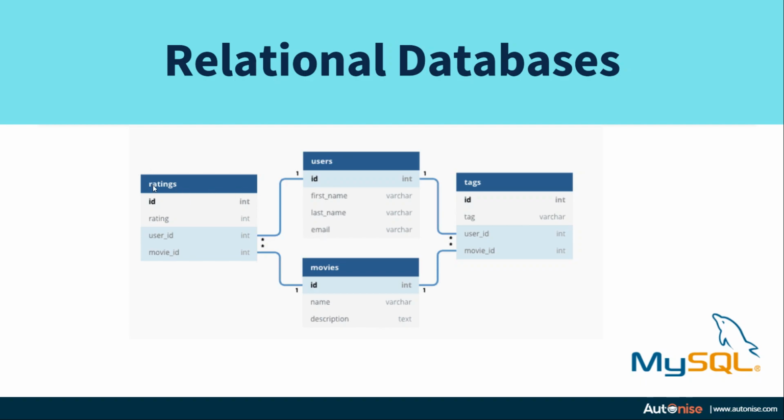Now you want to connect the ratings of the user to the user data. So you just store the user ID, and from the user ID, you can connect it to the ID of the row on which the user's data is kept. So that is why these types of databases are called relational databases, because by storing the user ID, you can connect to the different tables and then store the data in a relational manner between the different tables. MySQL is a good example of relational databases or table-based databases.